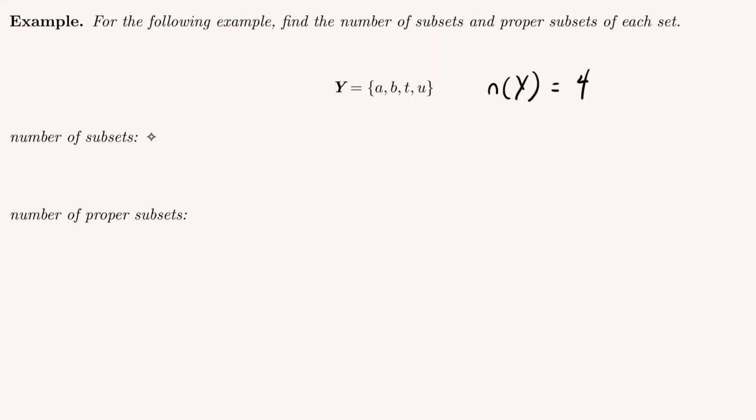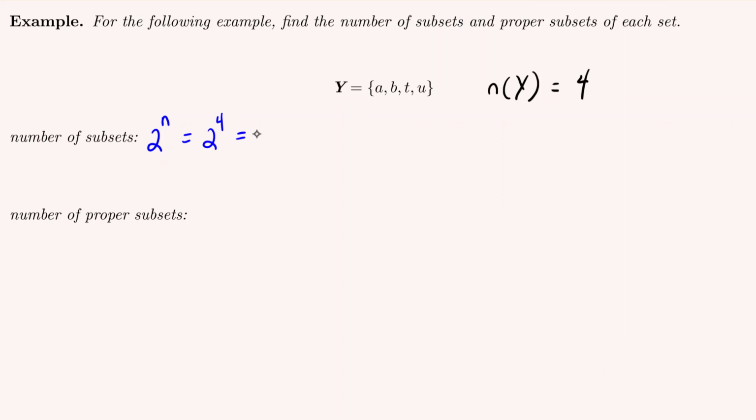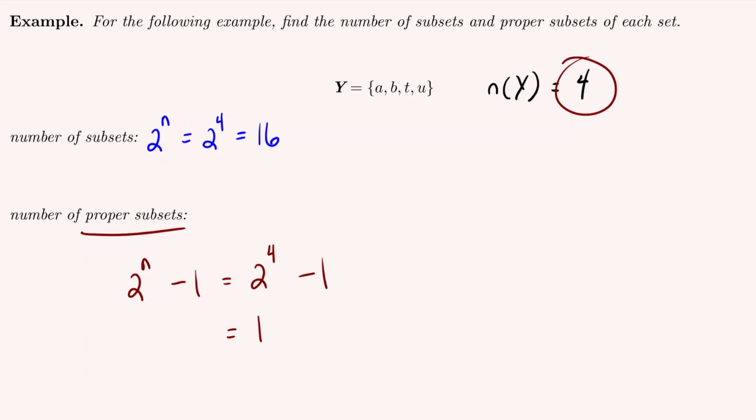So the formula for regular subsets is 2 to the number of elements. We have 4 elements here, so 2 to the 4th. Calculating that, 2 raised to the 4th power is 16. For the number of proper subsets, the formula is 2 to the n, then minus 1. Well, there's 4 elements in our original set, so 2 to the 4th, then minus 1. We know from above 2 to the 4th is 16. Minus 1 is 15. So there's 15 proper subsets